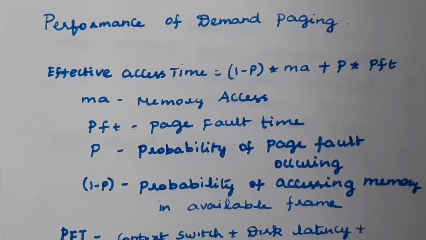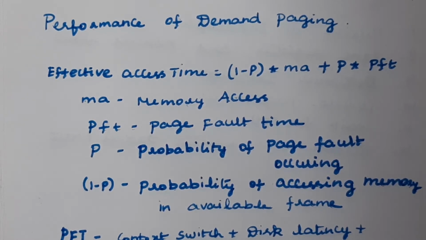Whenever you get a page fault, you need to check whether that page is available in disk. If so, you can transfer that page into main memory. This is demand paging. Transferring a page from disk to main memory is demand paging, and all of this is done at the time of execution. So what could be the performance of demand paging? The performance of demand paging may either increase or decrease the performance of the computer system. Let us see how it affects the performance of the computer system.